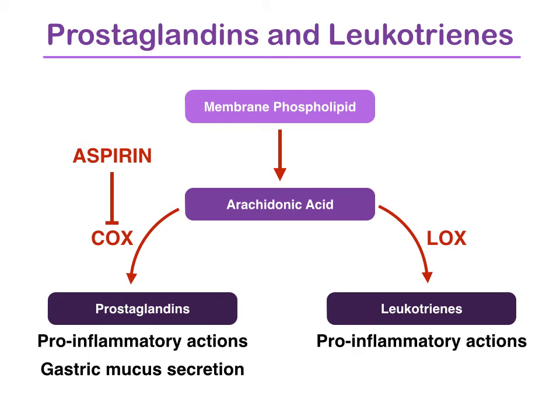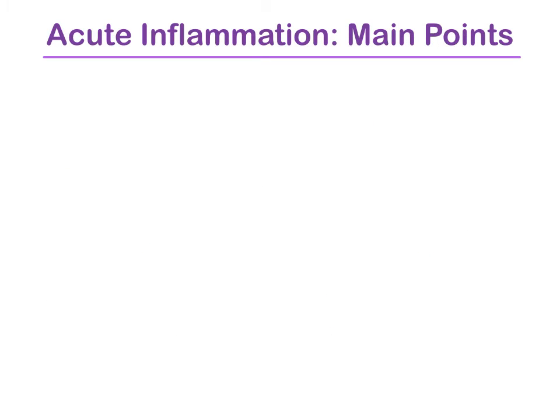And the pain is caused by all these cytokines and nasty chemicals being released that are causing so much damage to what are harmful cells, but it also irritates the nerve endings that cause pain. Now, aspirin is a very good painkiller for inflammatory pain because it's going to stop some of the prostaglandins from irritating the nerve endings. So the main points on acute inflammation are